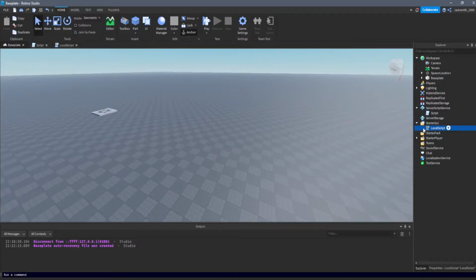Or the player icon to show that it's actually local to the client, and the regular scripts will just have this little scroll icon. So that's a bit about local scripts and scripts. Basically, a regular script runs on the server. Everyone in the game can see what's happening on the server, so maybe the round timer is ticking down,